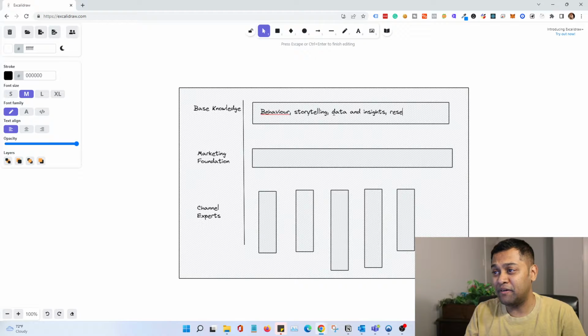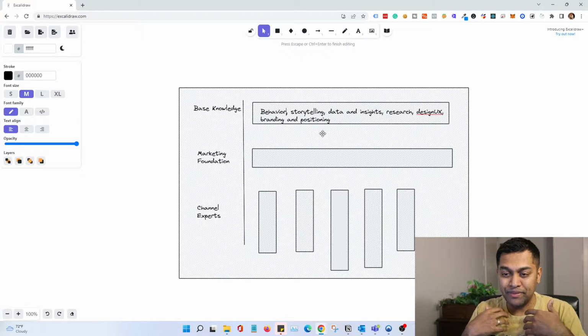research. So you need to do a good job in terms of market research. You need to have good knowledge about design, whether you are a software as a service company or any business. It needs to have proper user experience and design, so UX and design. And then of course you need to have the foundations covered in terms of branding and positioning, right? Those are the foundations that will power you to get into that next stage of marketing,